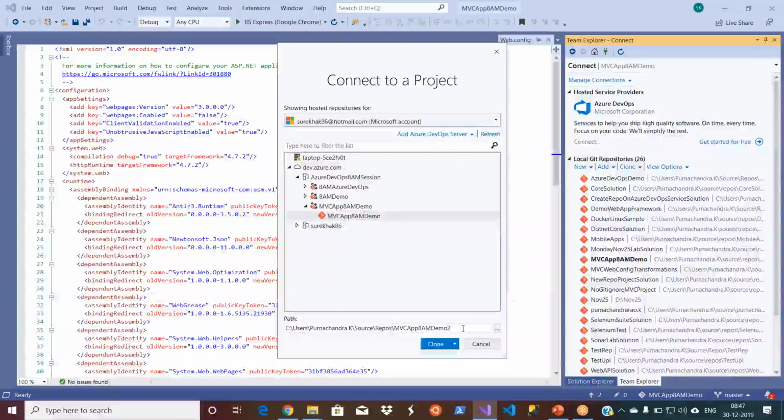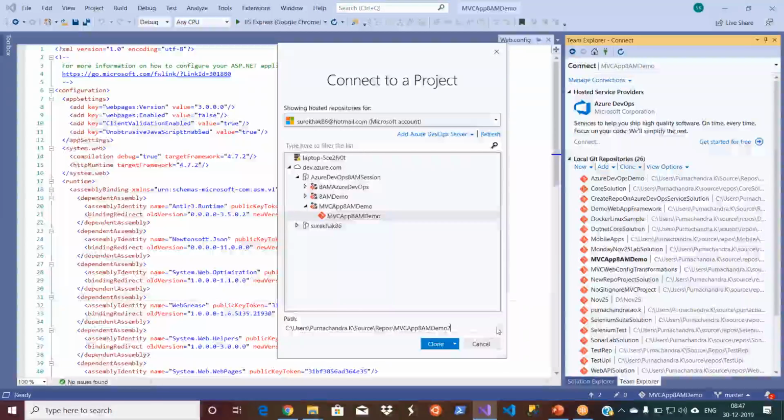For the time being, I am not going to do anything here, just leave it like this. You see this option, clone. When I say clone, on the server you don't have anything, but there will be some configuration, some credentials or some metadata that is available on the server that gets downloaded to your local repo.